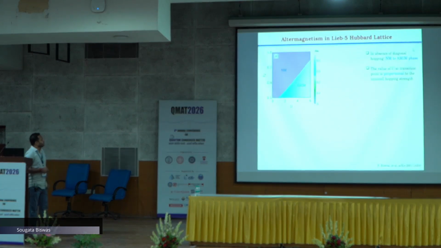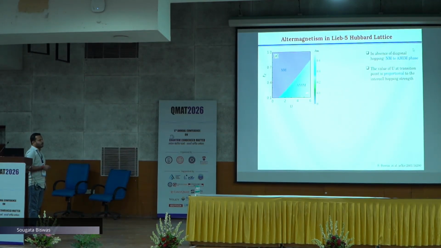And this is the corresponding phase diagram when Td is equal to 0. T2 is the intercell hopping. It is observed that the value of u at the transition point increases if we increase the intercell hopping integral strength. So there is a clear indication of the normal metallic to altermagnetic insulating phase transition when no diagonal hopping is considered. Now if we introduce the